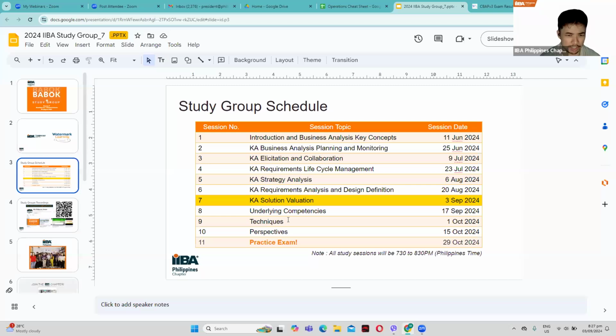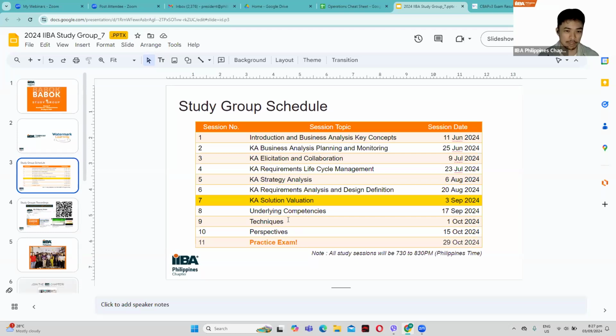We're gonna have another couple of sessions, October 9 and October 22. We're still working on what the content will be for that, but it looks like solution evaluation is making a strong case. So we'll have a couple of extra sessions added, and it will be more going through the BABOK. We'll have a couple of our very own CBAPs